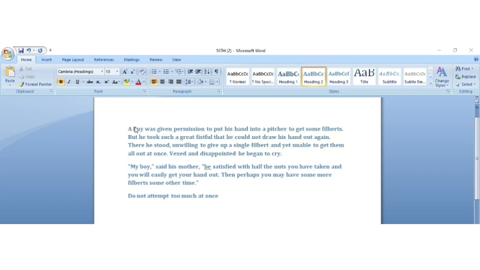Suppose I want to highlight this first line. For highlighting the first line, I'll go to the text highlight color. When I use this color in my document, the desired line or the desired text will be highlighted. Okay, so this way we can make changes in our style options as well.